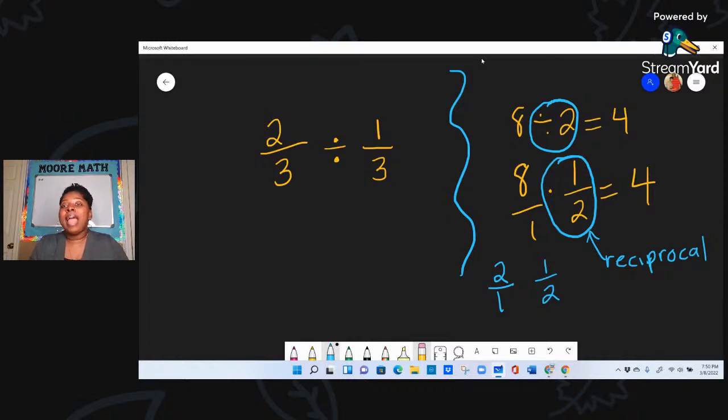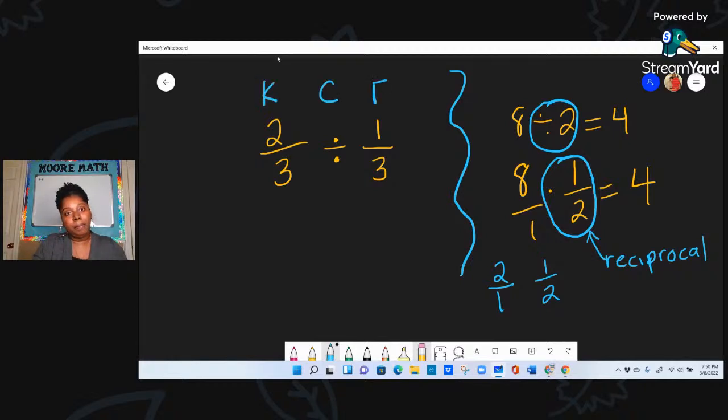And they realized it over and over and over, right? They don't just come up with a rule, right? They've had to see it and prove it time and time again. But it was proven that if you divide by a fraction or a number, it's the same as multiplying by the reciprocal or the flip version of that number. Okay. So this is why keep,